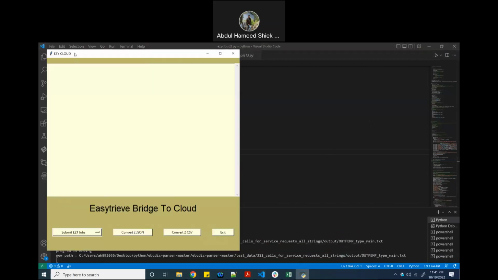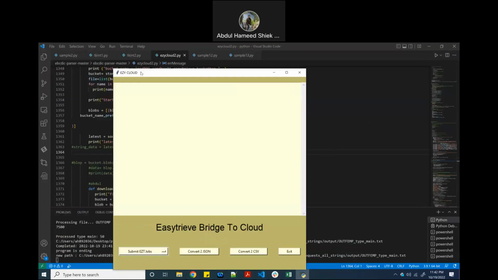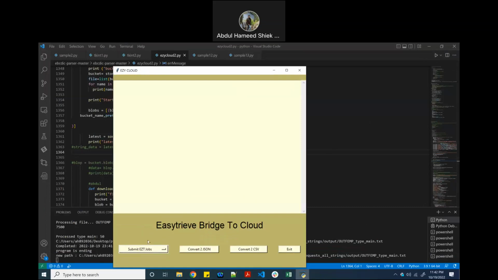This is the interface we are using right now. EZY-Cloud, easy bridge to cloud, and we are mapped it with three of the EasyTree programs. Sales data is for retrieving the sales related data, employee data is for retrieving the employee information from the database, and product data is an EasyTree program that retrieves the product data. So I'll submit this sales data,